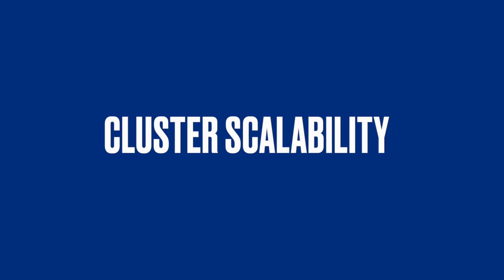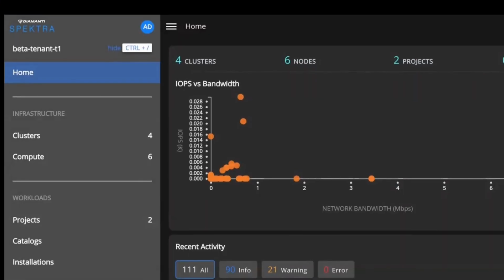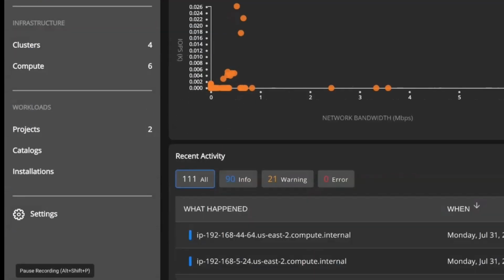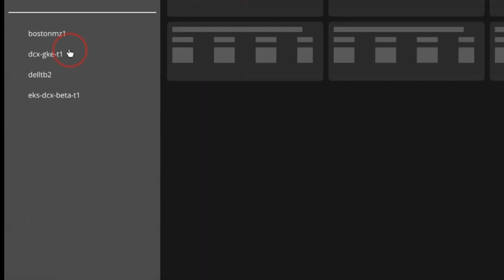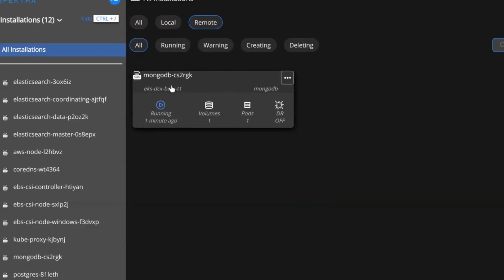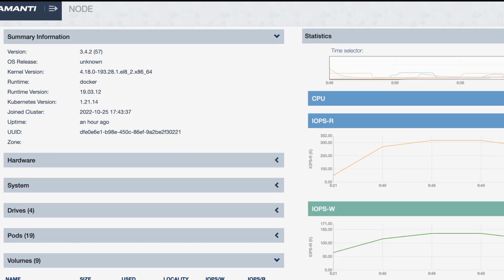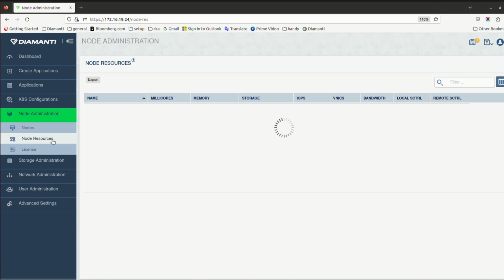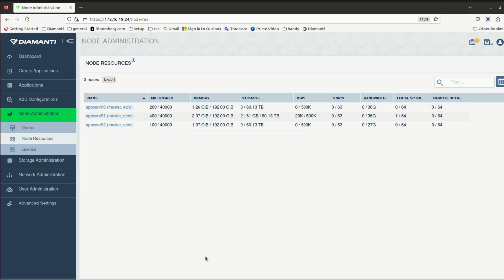Cluster scalability. Kubernetes was never designed to support storage and networking SLAs, so Diamante does it for you with quality of service, QoS guarantees for storage IOPS and networking bandwidth. Deterministic performance is supported through performance tiers and an intelligent scheduler that enforces reservations for storage and network resources for